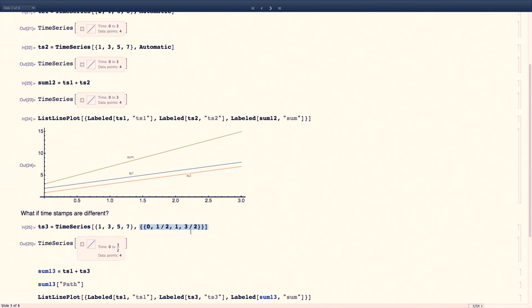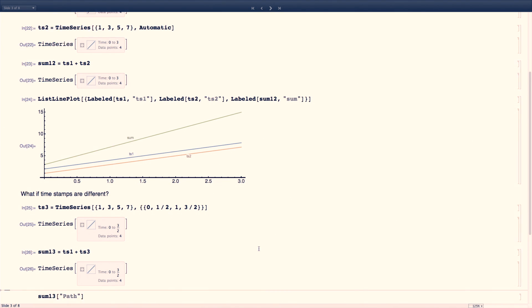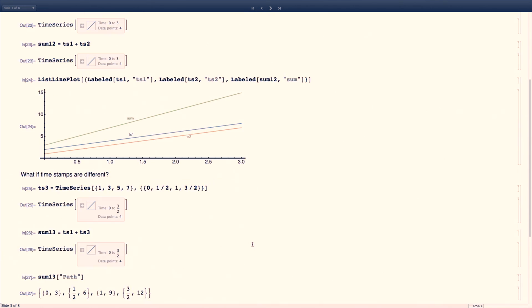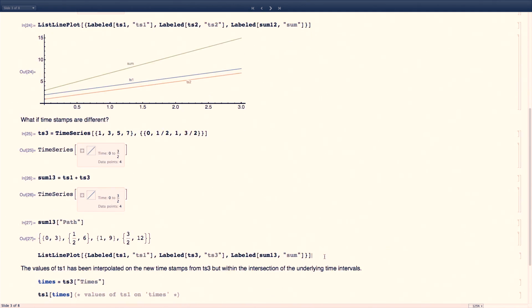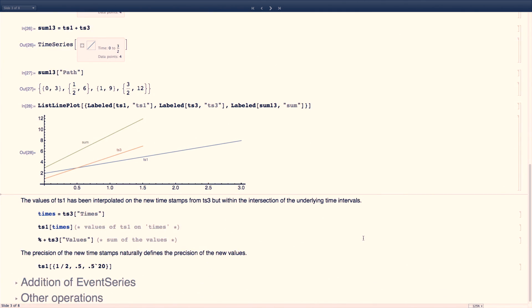This is our way to provide explicitly the list of the timestamps. So this double list gives you the timestamps. I'm adding some halves here. And the result here is a time series object. We can do this, but you see that the time goes from 0 to 3 halves. So what happened is that we are looking at new timestamps. And so when I plot those,